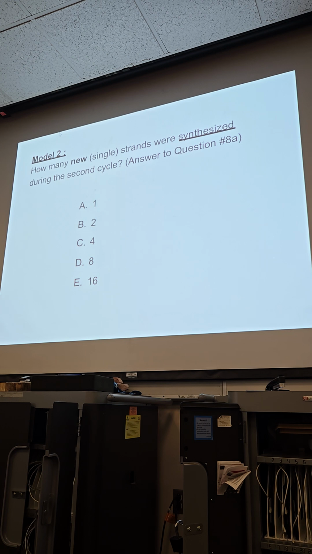And then it says continue. How many strands of different